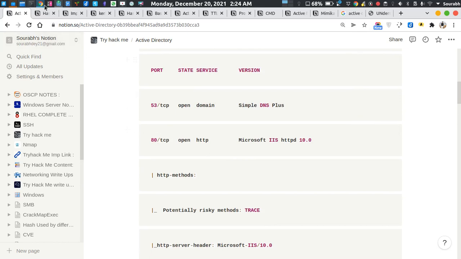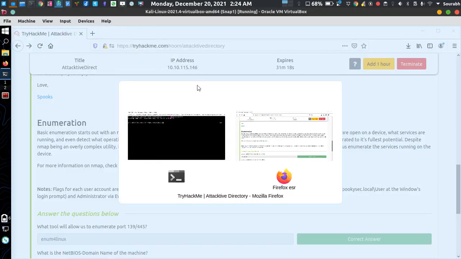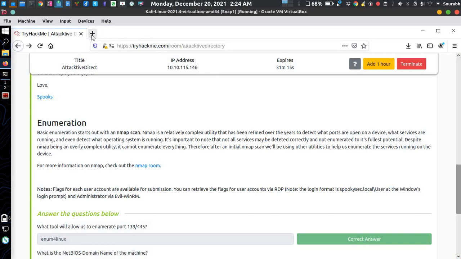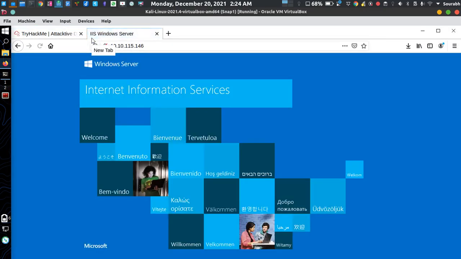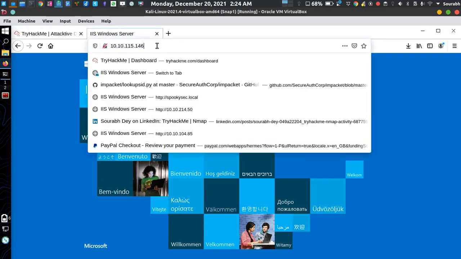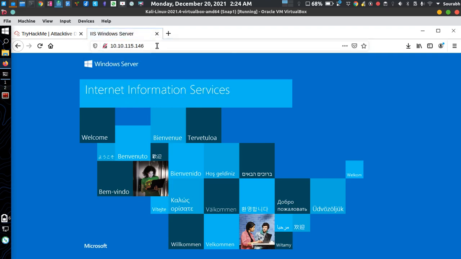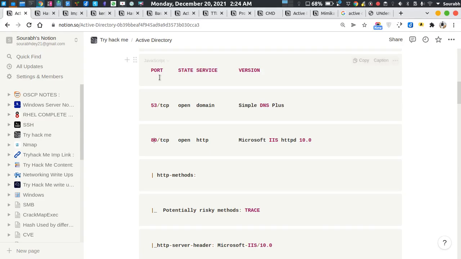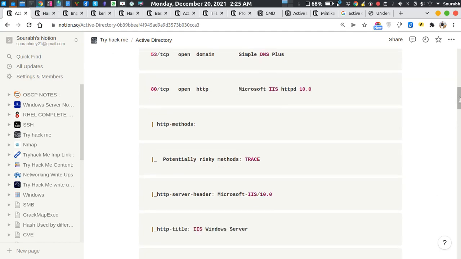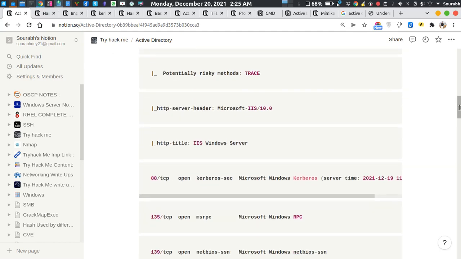I'll tell you about port 80, which is for the default web server. It is actually running on port 80. If we hit enter using port 80, yep, we are in the default web server port.